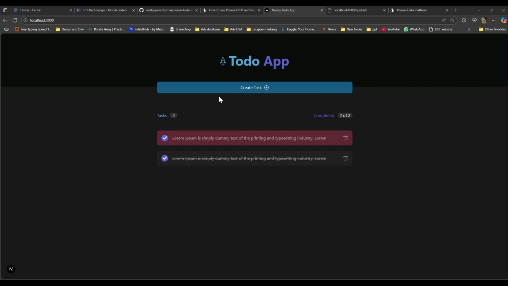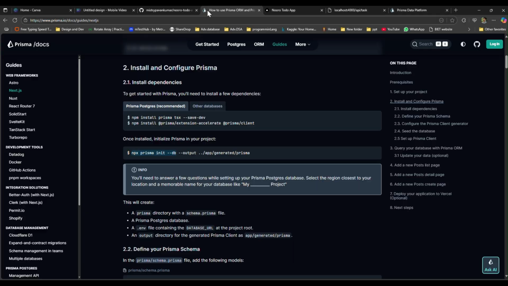Hi guys, welcome back. So today I am here to create a full stack application where we are using Next.js for front end, and for backend we are using Express.js, and for the database we are going to use MySQL database with Prisma. Prisma is basically something we are going to use because this helps us